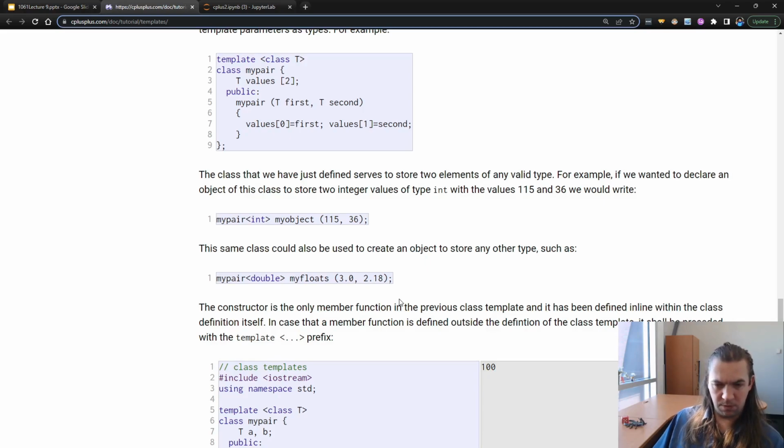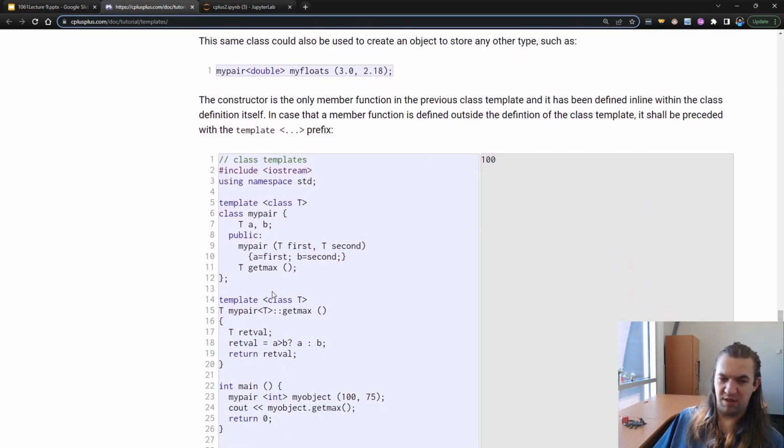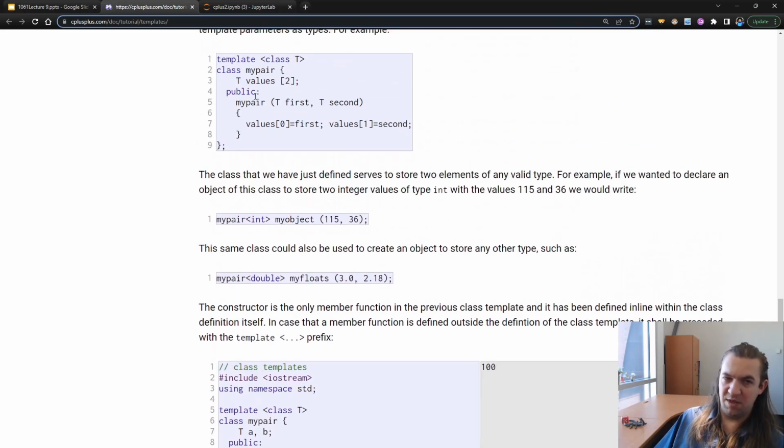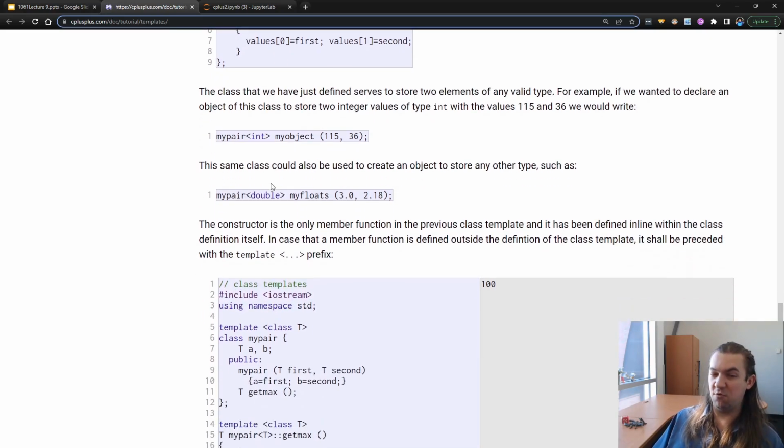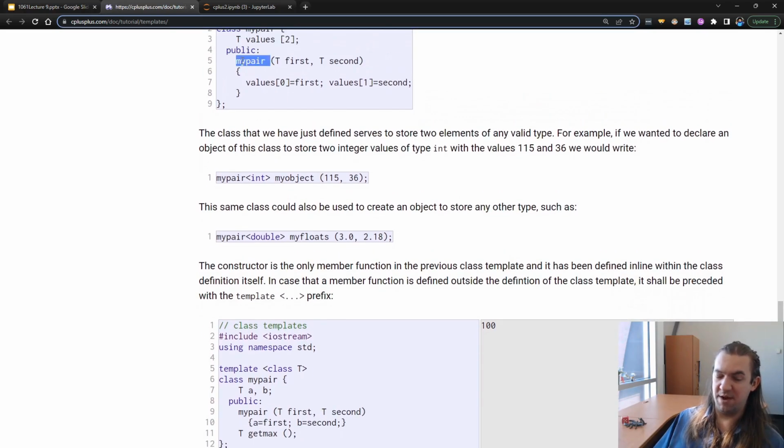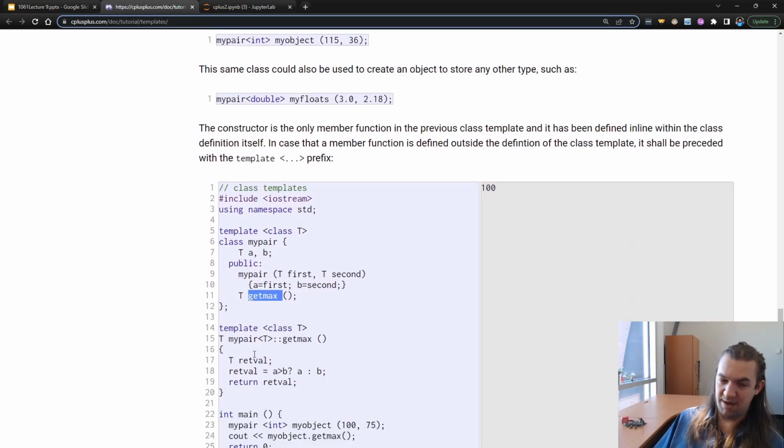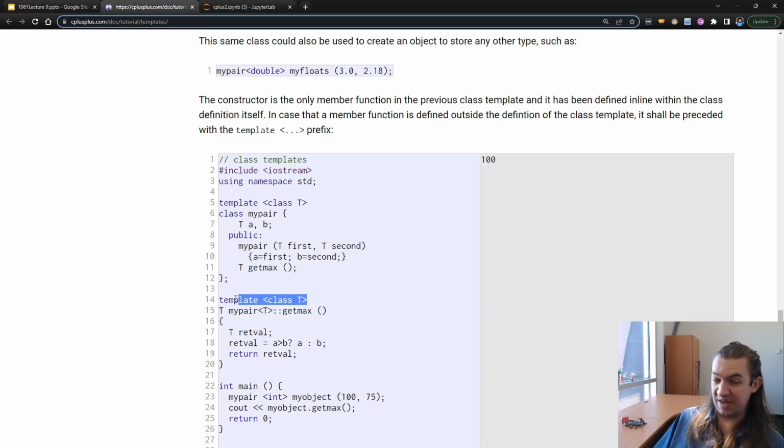In case a member function is defined outside, it shall be preceded by the template declaration. Yeah, okay, I guess that makes sense. So that's something you have to also keep in mind. With myPair, it relies on this template class T. Everything is defined in the context of whatever type you're working with. If you're going to be declaring, for instance, myPair outside of the class, or in this case we have a function called getMax, you also need to remind C++ we're still working with this template class T